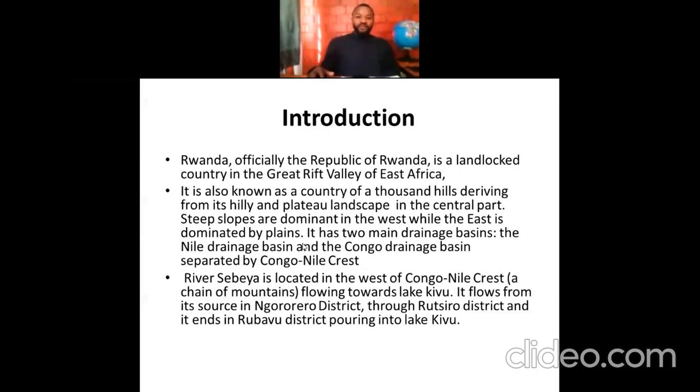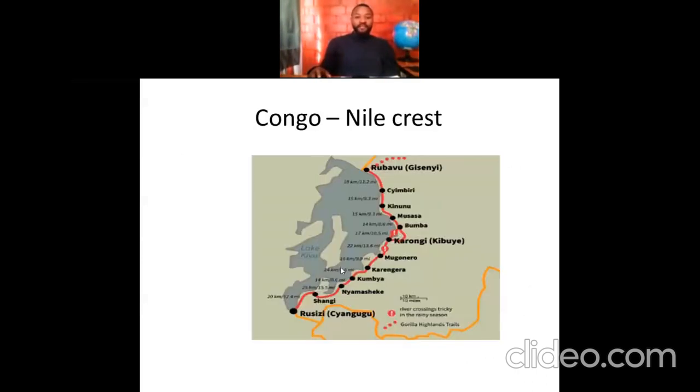Because of its nature in terms of relief, it has plateaus and hills in the central part, and it has mountains in the western and northern part, and from that, it has been called a country of 1,000 hills. It has two main drainage basins separated by one watershed called Congo-Nile Crest, and this Congo-Nile Crest,